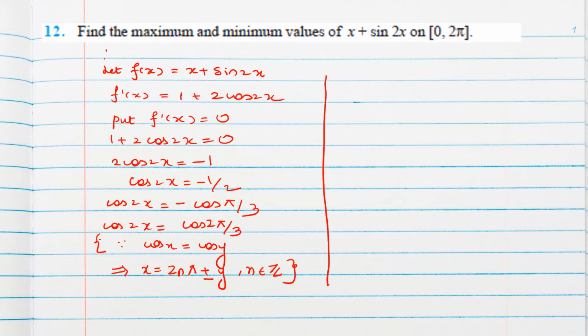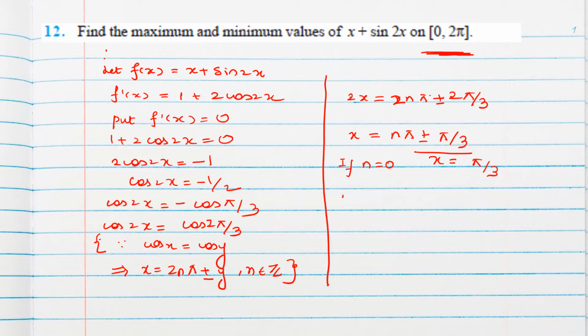So now we can write our angle is 2x. So we can write 2x is equal to 2nπ plus or minus y, where y is 2π by 3. Okay, now throughout divide by 2. So we will get x is nπ plus or minus π by 3. Now for values of n, we will try to find the value of x. So if n is 0, we will get x value as plus or minus π by 3, isn't it? So both plus or minus π by 3 we will get, but we should restrict to this domain. So that means minus π by 3 won't come, π by 3 only.